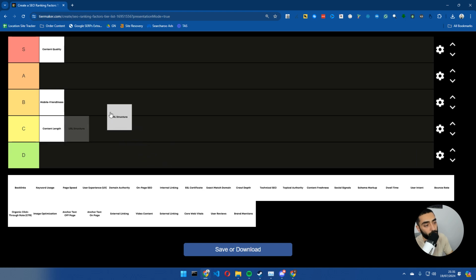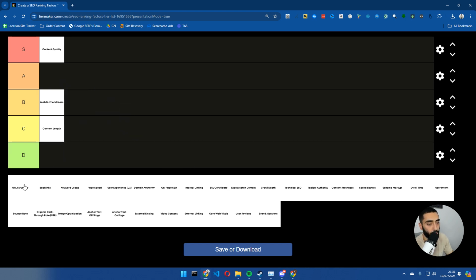Then what we're going to do is URL structure. I've divided this, so I've got URL structure, and I also have exact match domains. URL structure is pretty important, especially if you are looking to scale out a bigger website. If you're more in local, I would say it's maybe not as important, but if you're trying to scale out a big monster e-commerce store or a big affiliate website, I would definitely look to sort out your URL structure.